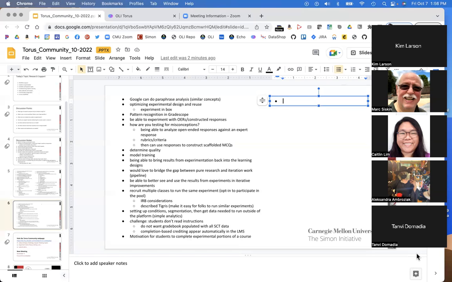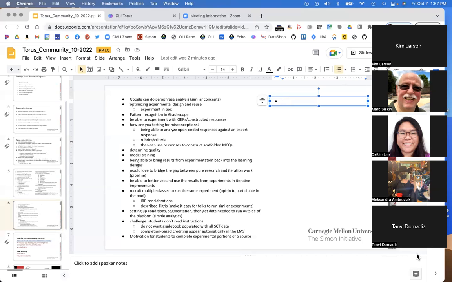So within Torus, you get to decide, and I'm sure there's a lot of UX that we need to continue to build out, but fundamentally, the architecture lets you decide what flows to the grade book. And if you have a separate kind of probe that you're interested in, that maybe your individual faculty member is not interested in, like what skill or competency is this tied to, and did they